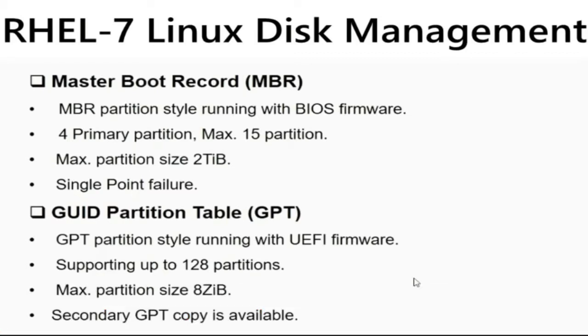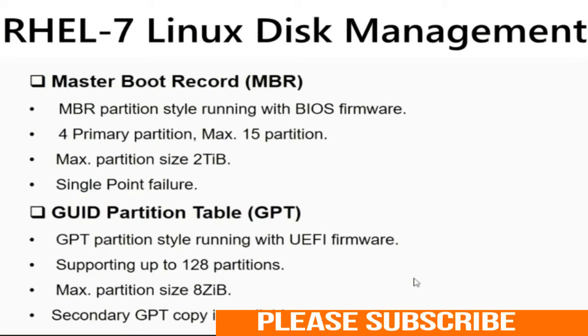So let me continue. The GUID partition table will support up to 128 partitions. So there is a difference here. You can see, right? One of the limitations in the MBR partition style is that, using MBR, either you can create 4 primary partitions, otherwise you can create 3 primary plus 12 logical partitions. Total 15 partitions only you can create. But once it comes to the GUID partition table,